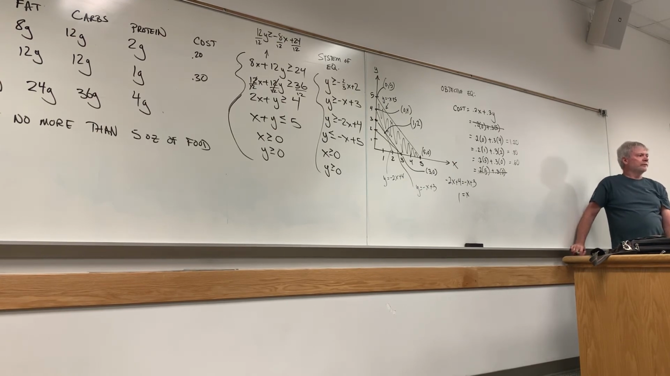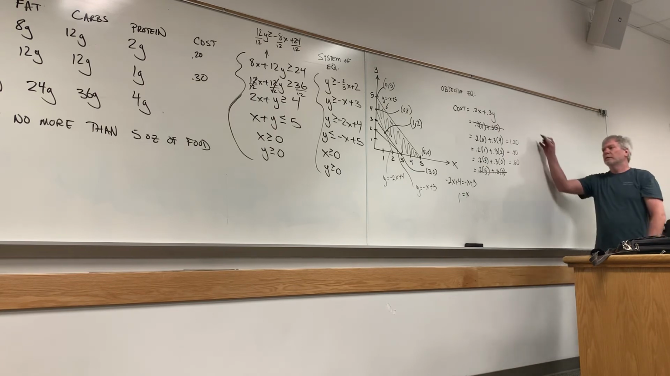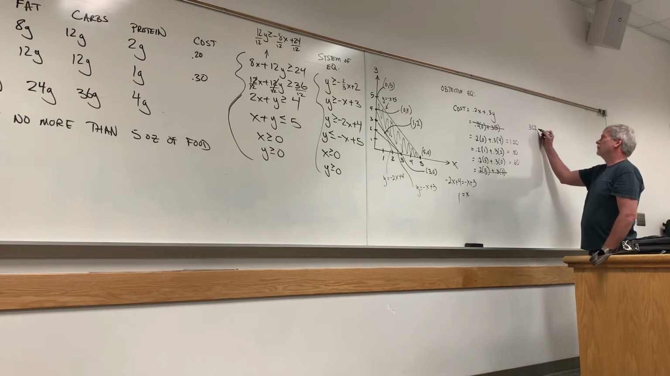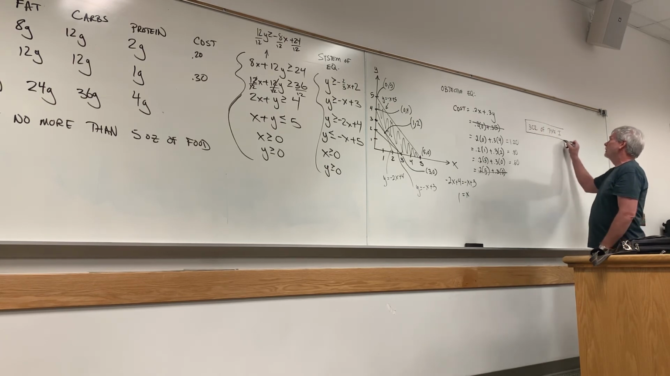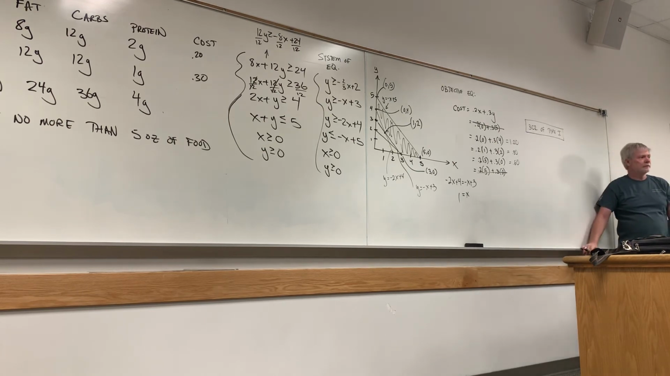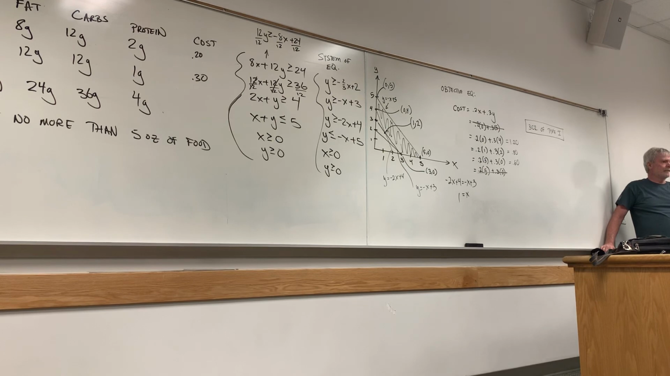3 ounces of X, type 1. There, healthy rabbits, minimizing my cost. Questions? It's a minor one, but don't we have to